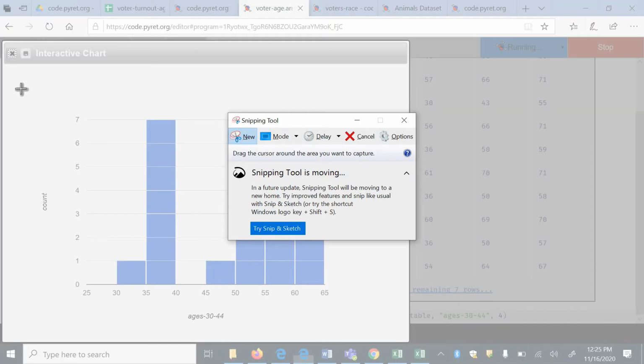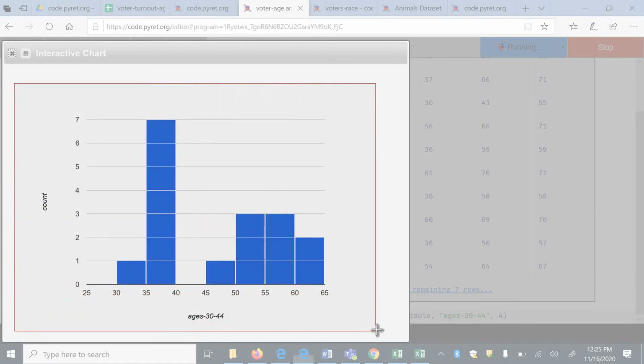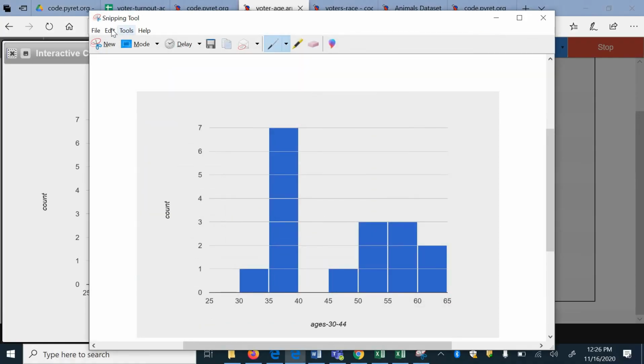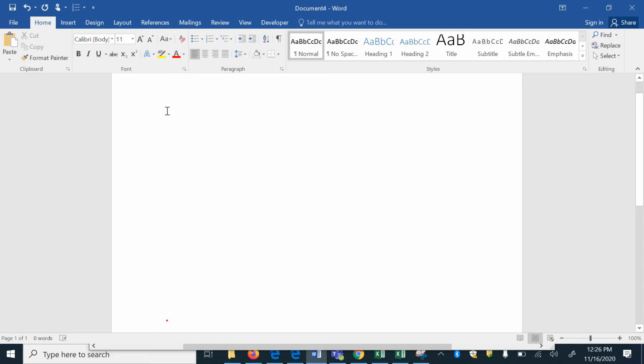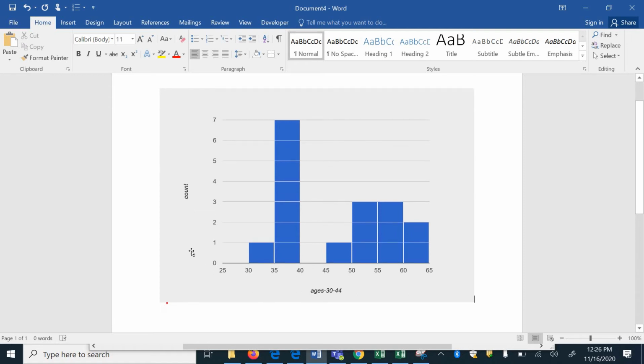But everything has something where you can copy and paste. So I'm highlighting what I want from this picture, and then I'm going to go to Edit, Copy, and I'm going to go to my Word document and hit Control V, and it pastes. So now notice how I have the histogram and I have the